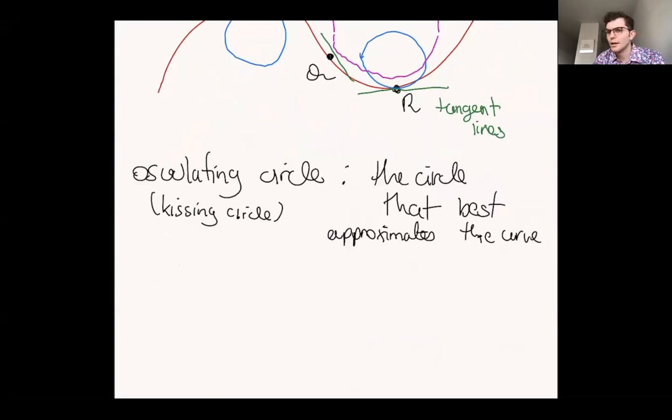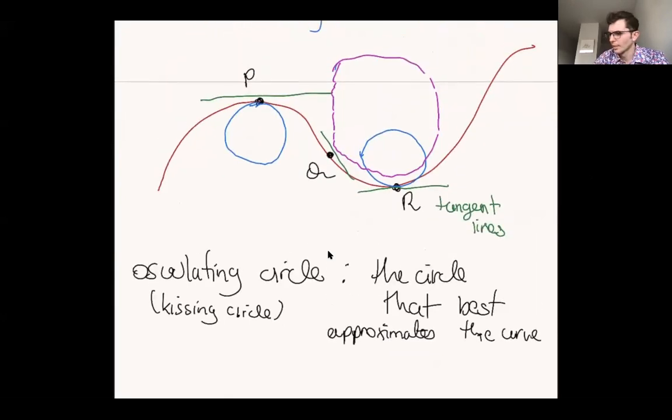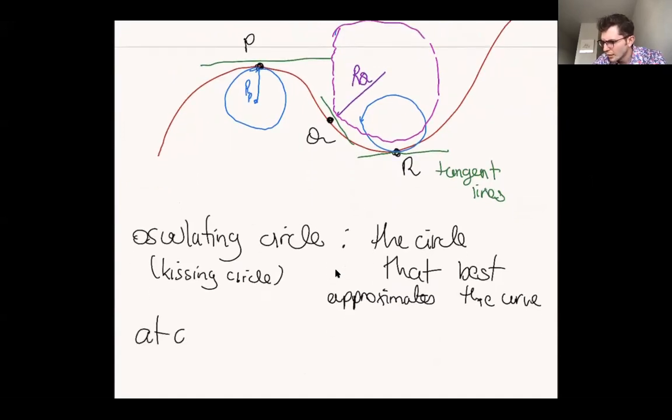But the idea is that if this osculating circle has some radius R sub P at the point P, and at the point Q it has some radius R sub Q,